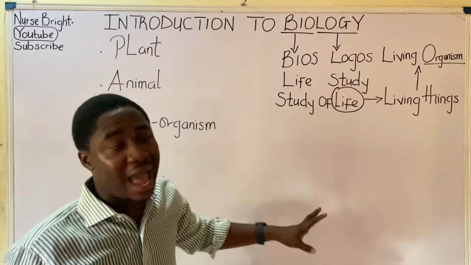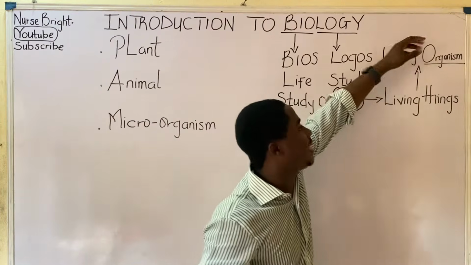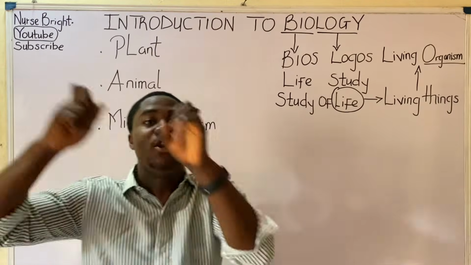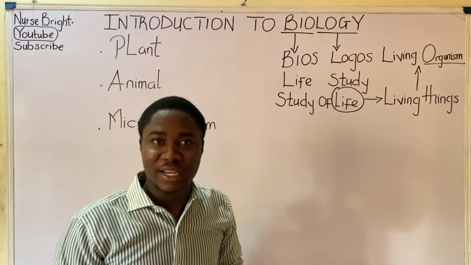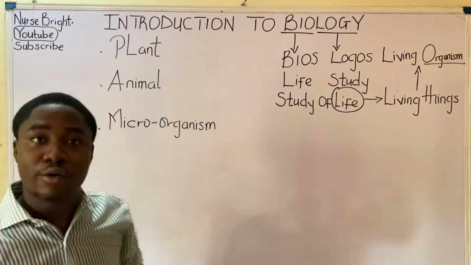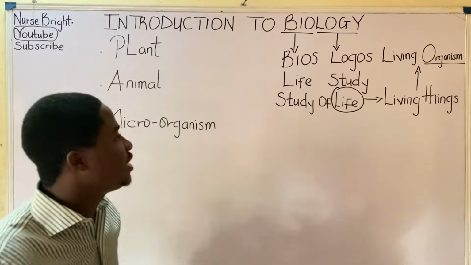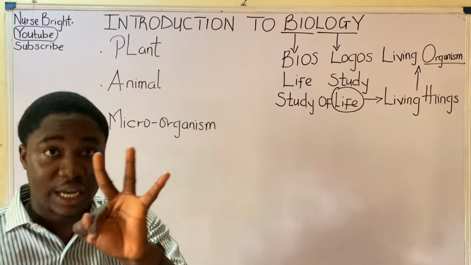because we already said that biology has to do with the study of life, and anything that has life in it should be regarded to be called a living thing. And I said that you have to now call it living organism because we are in the subject biology. We are not in primary school anymore. So these living organisms are divided into three groups broadly.